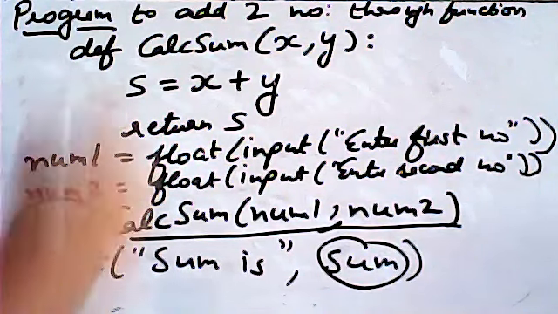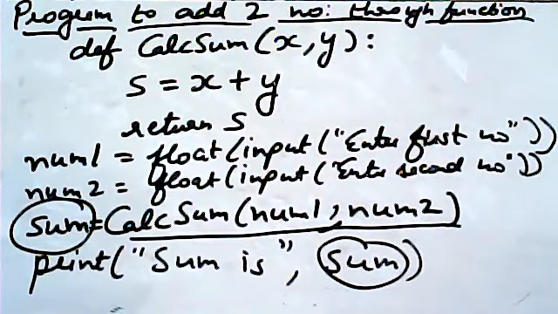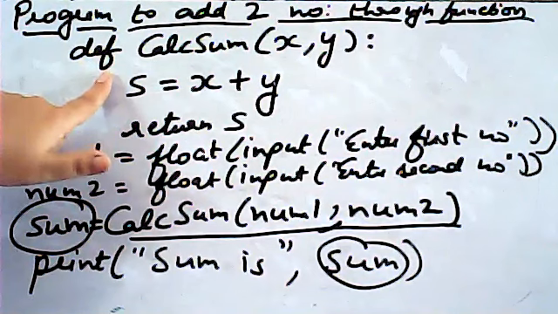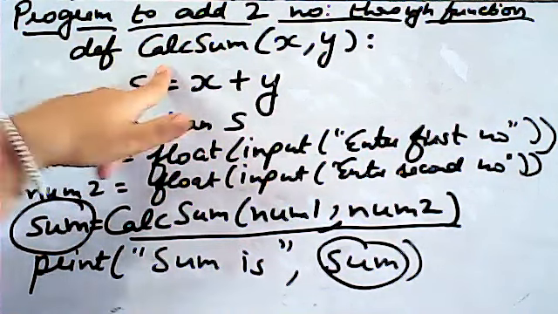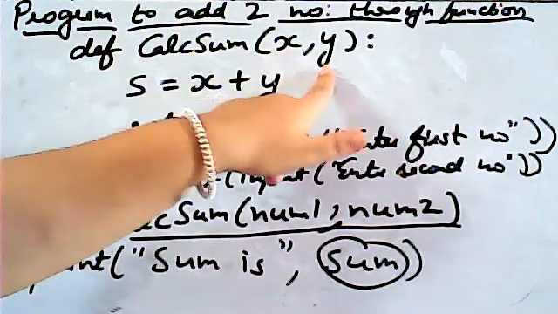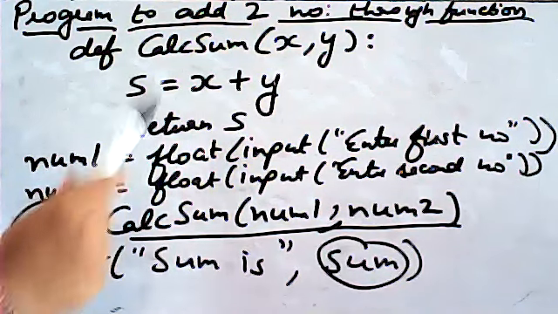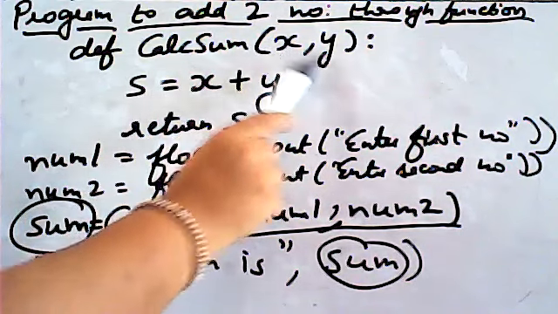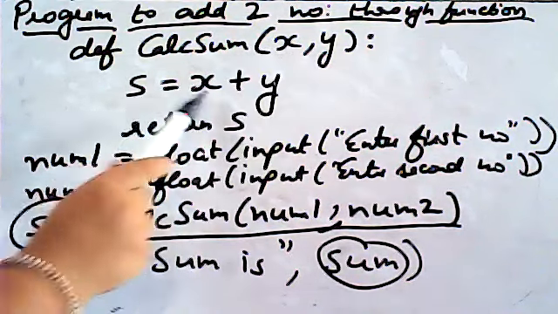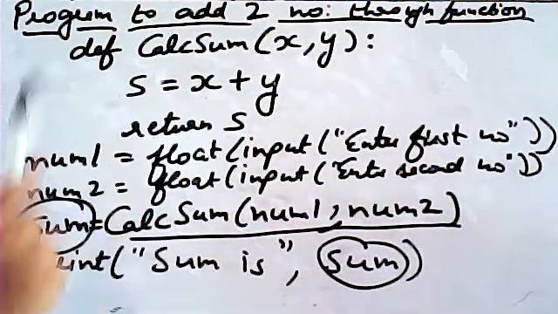Again, listen carefully. This is the program only to add the two numbers. How can we do that? Firstly, I have taken this definition. Then sum is the name of the function. Then I take the two arguments x and y, and then simply a colon. Colon means the function header ends. After that, s is equal to x plus y. I take these arguments and put the value into s, and then return s. It means I have to print it.